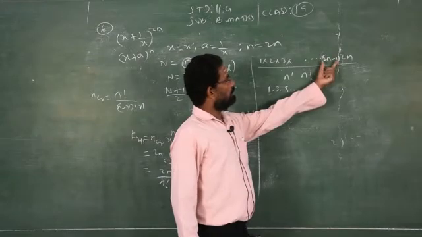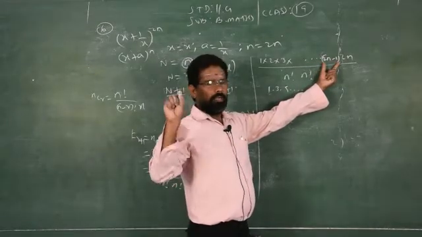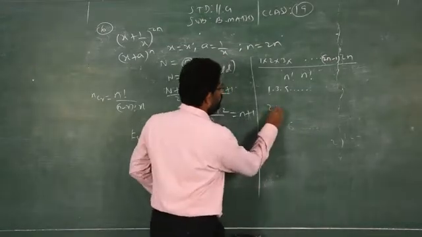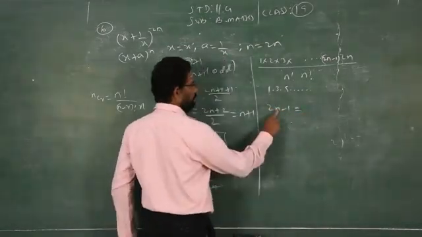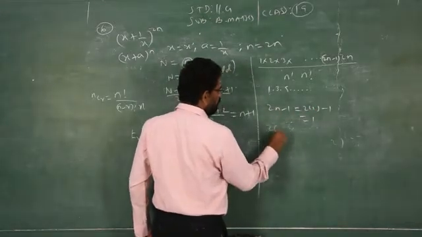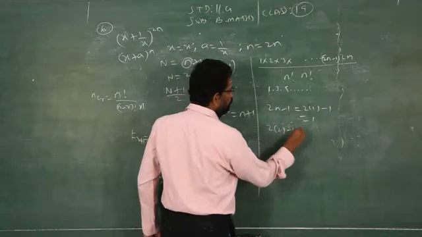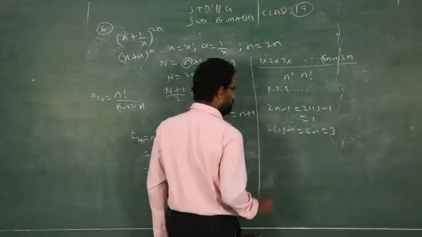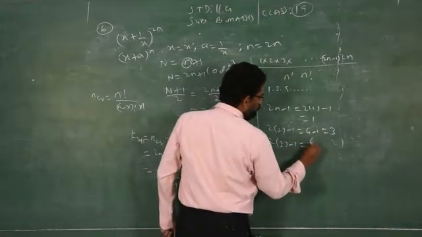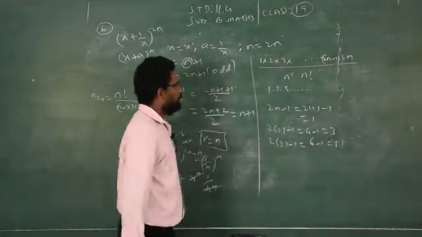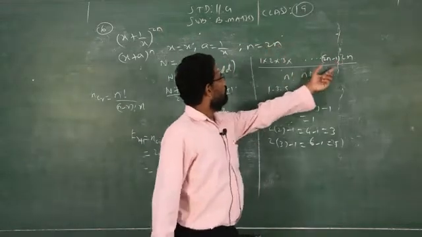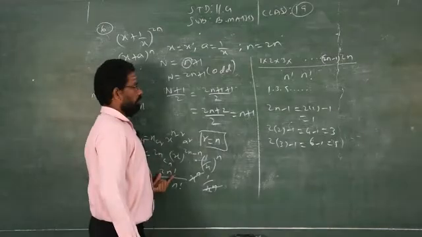How do you check whether this is an odd number or an even number? By replacing n equal to 1 in 2n minus 1, the answer is 1. If I replace n by 2, then 4 minus 1, the answer is 3. If I replace n by 3, I get 5. See, I got only odd numbers. Therefore, this is the last odd number of this factorial, 2n factorial.